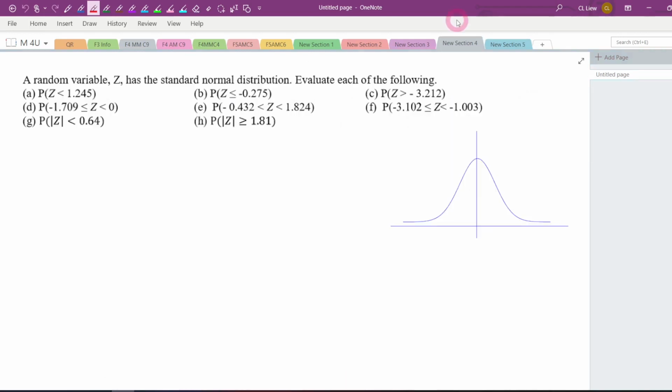Now let's try some questions so that you understand how we get the probability for a standard normal distribution. So this is the exact value. This is a standard normal distribution. It means that the mean is equal to 0 and the standard deviation is equal to 1. Now let's try the first part. For this type of question, I will suggest you sketch a diagram to help you visualize the situation. Now we want to find the probability of